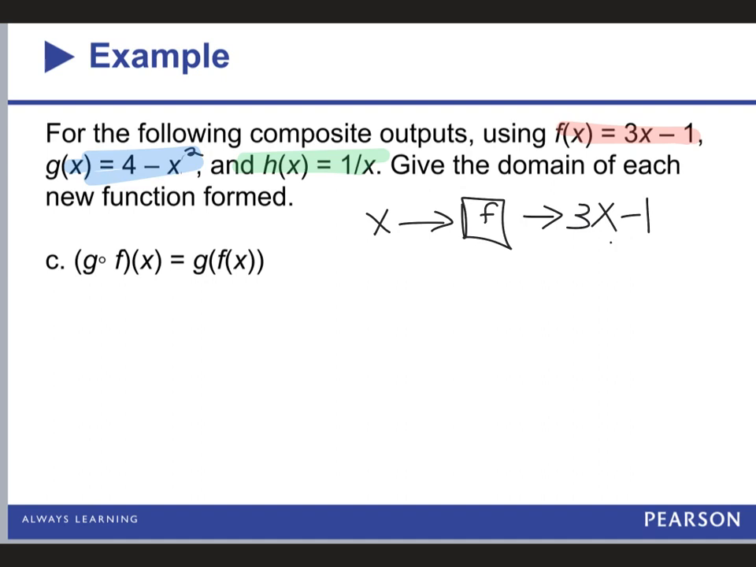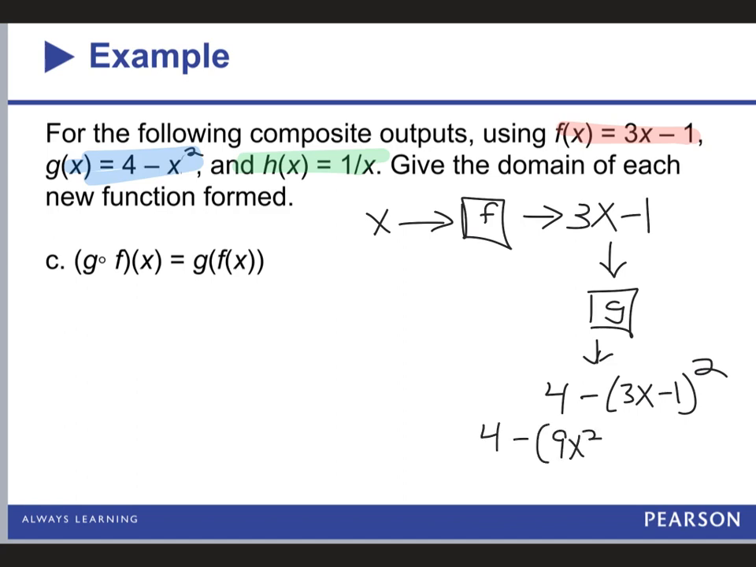Then we're going to do g. So then this is going into g, and g says that we're going to square our input and then subtract it from 4. So we're going to take the output from the first function, which is 3x minus 1. We're going to square it and subtract it from 4. So we're going to take 4 and we're going to subtract 3x minus 1 squared. So we're going to simplify this. This is 4 subtract 9x squared minus 6x plus 1. And so our final answer here is going to be